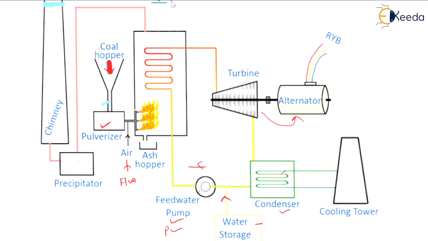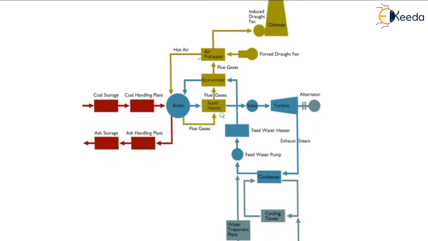Now we are going to see the second diagram. So this is the second general diagram. You have to see very carefully, as I told you, there are two inputs here. One is the coal storage plant, the coal handling plant. Here the coal will go, and then it will go into the boiler. But the hot air is coming, and this will be mixed, then it will be fed to the boiler.